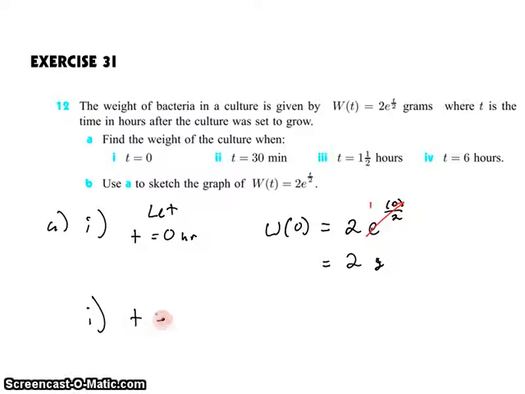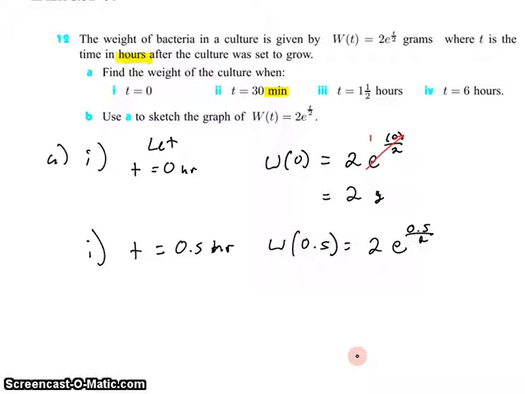Here we're going to let t be equal to 30. Oh wait, scratch that. That's 30 minutes. T is in hours. 30 minutes is half an hour. So we're going to find the weight when the time is 0.5. That's 2e to the 0.5 on 2. E to the 0.5 on 2